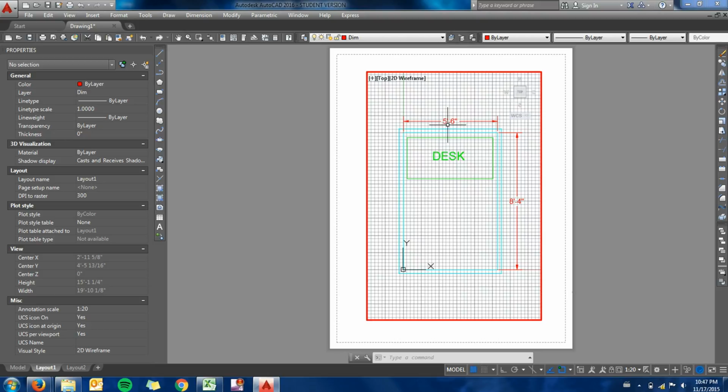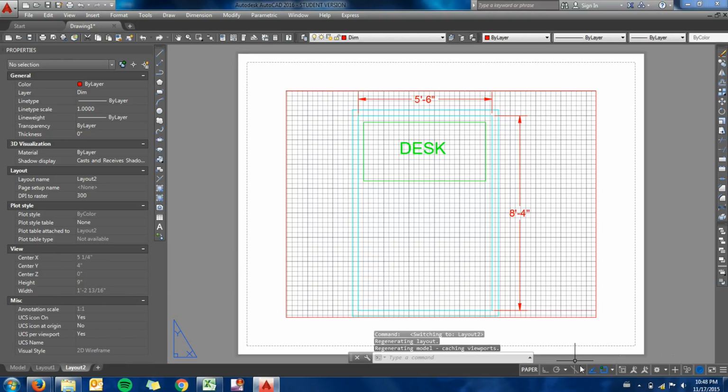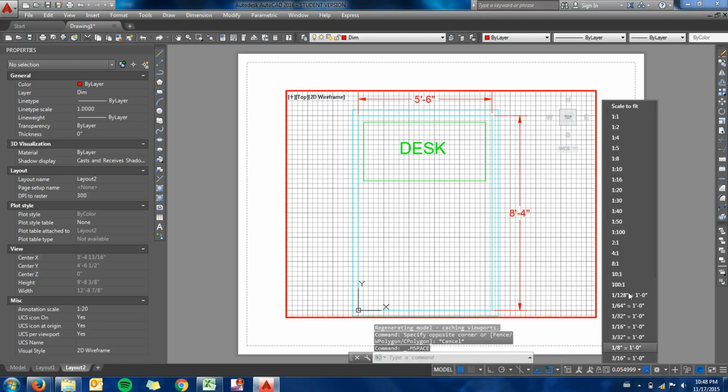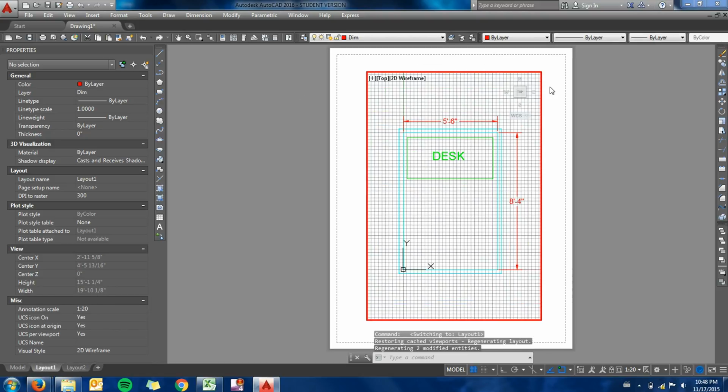So I'll set up another layout. Put this guy at a scale of 1 to 20. I'm just going to go ahead and keep this one landscape for the sake of time. Okay, so I'll have layout 2 be the walls and the dimensions, and I'll have layout 1 be just the walls and the desk. So if I want to make sure that the dimensions do not show up, I'm going